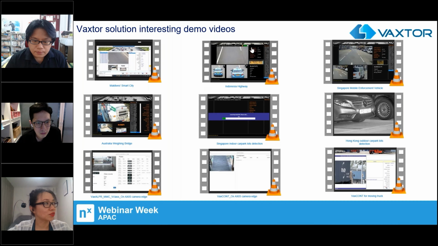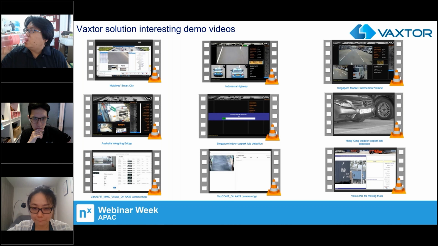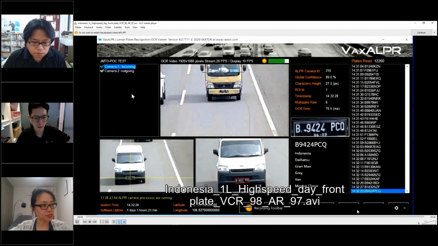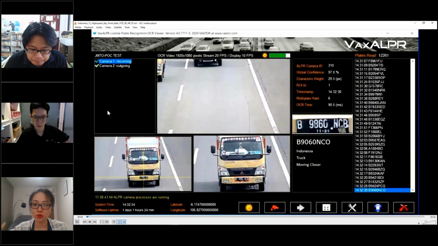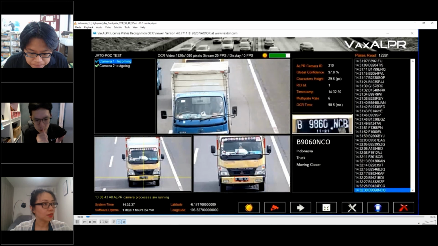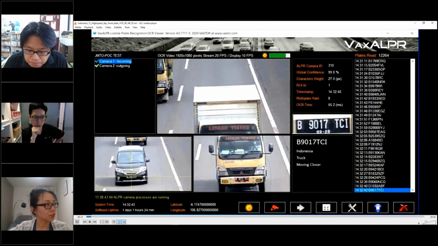Okay. Next, let's take a look at highways. Remember just now we talked about the Vietnam highway design being a little bit old school, a traditional design. Now the popular highways basically are using not just the license plate and the travel distance between two toll plazas. Instead, they also consider what kind of vehicle this particular